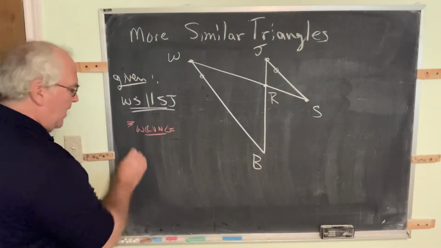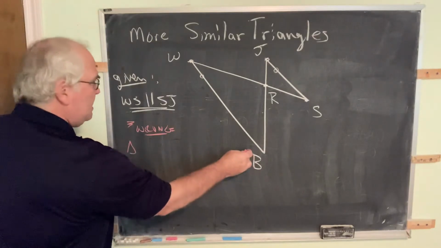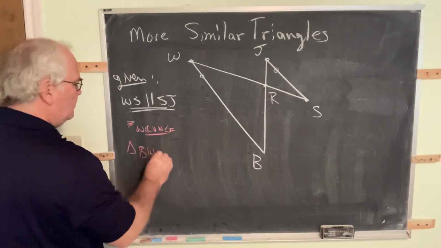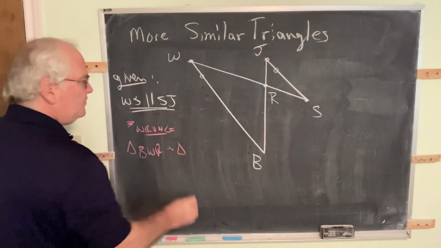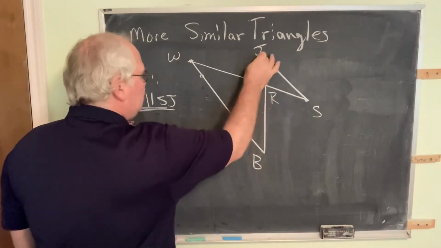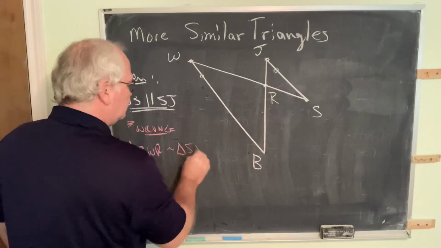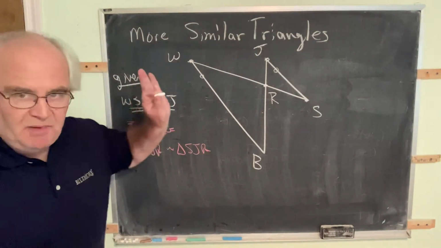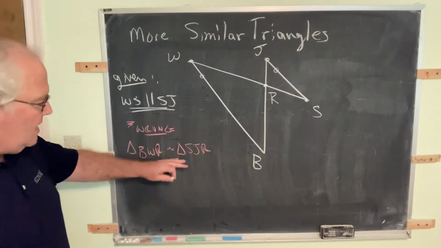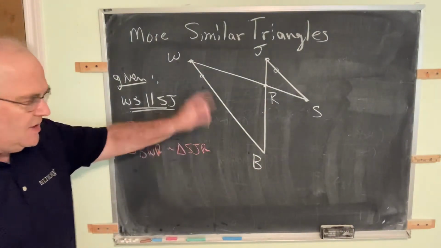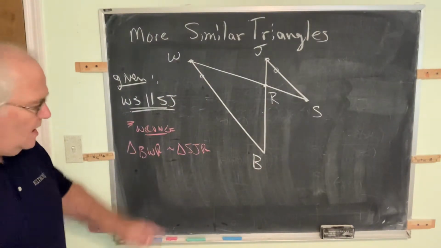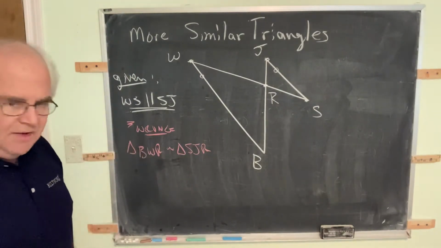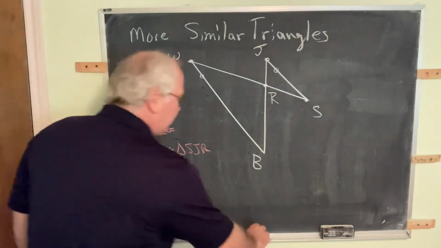It is not correct to say triangle BWR is similar to SJR. I claim this is not correct. You may not simply write down the triangles in any order you like and simply assume those are going to be similar. It turns out this is not the correct sequencing. These are not in the correct order. And to see that,